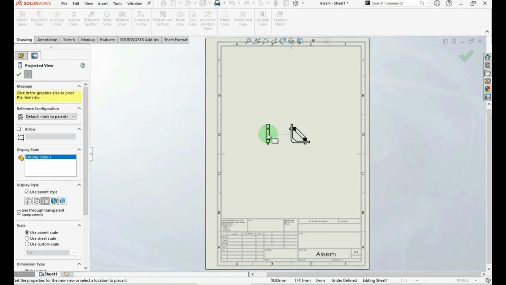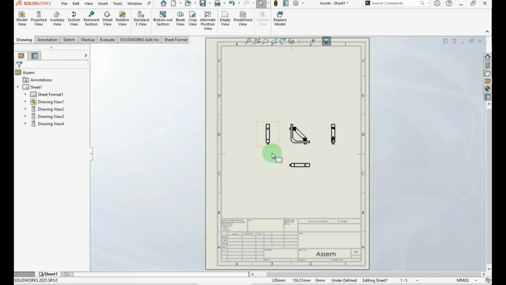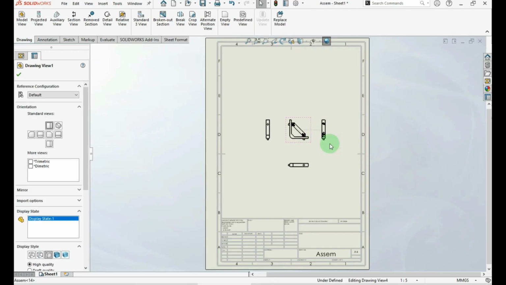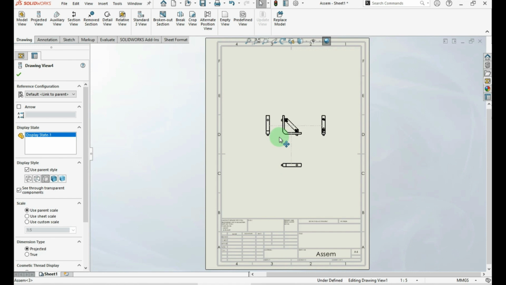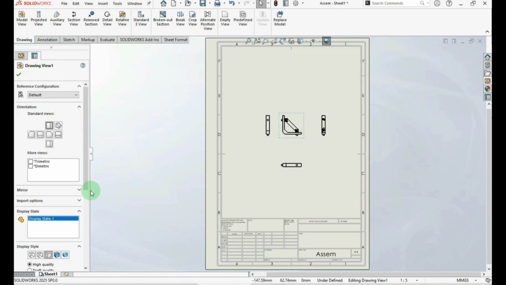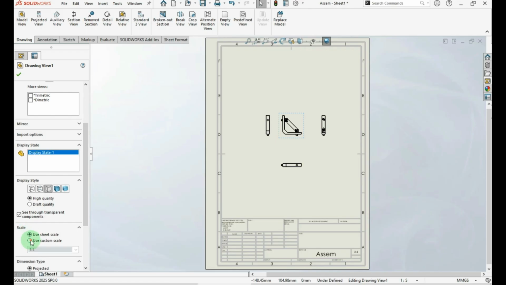And by moving the mouse, we can have the other views as well to complete the three views of the technical drawing and additional views as well. To exit this, press the Escape button on the keyboard or click here on the OK. So if I move the mother view, the child views are moving accordingly. And I select it here, change the scale,